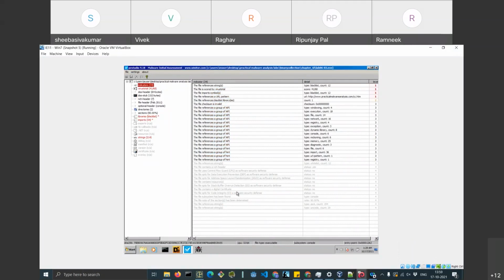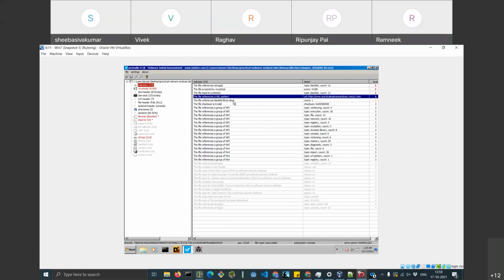For example, it says that file reference is a blacklisted string, file is scored by VirusTotal, then file reference is a URL pattern. All these indicators help you understand the level to which the file is malicious. So you could just think of them as traits of a binary.